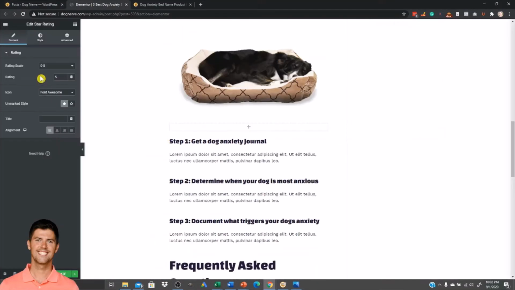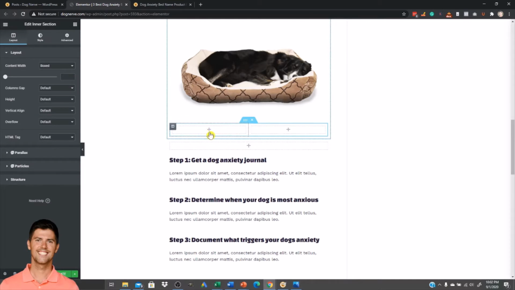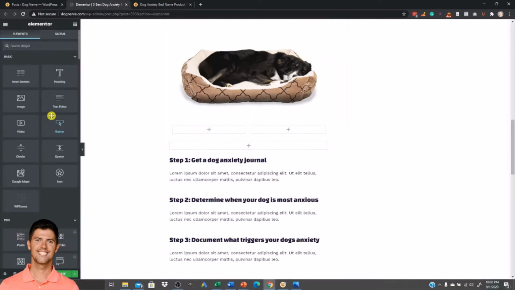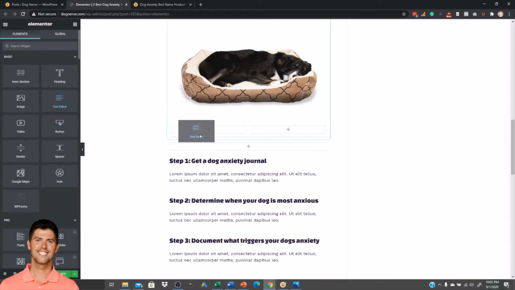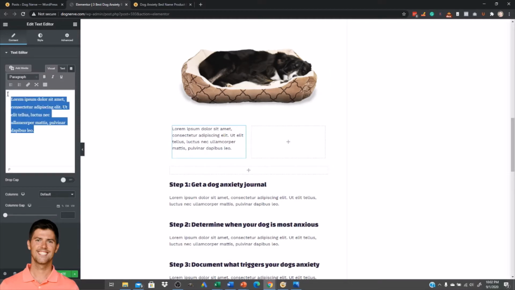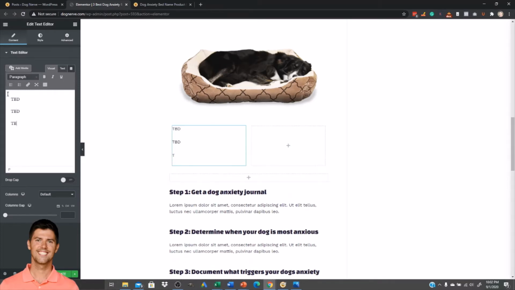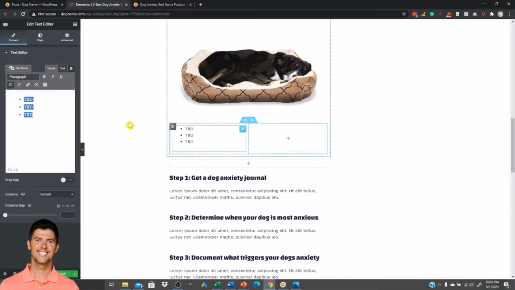I'm going to do a column, intersection, underneath, go back, add a text editor here, and then I'll do just TBD, TBD, TBD, and I'll do that as a bulleted list. I'll also add a heading,